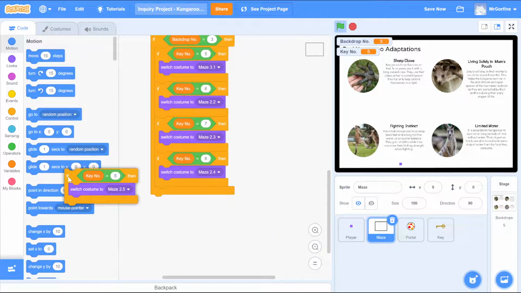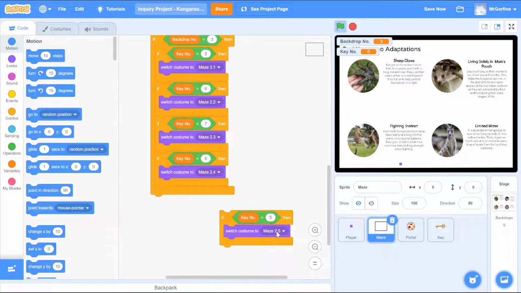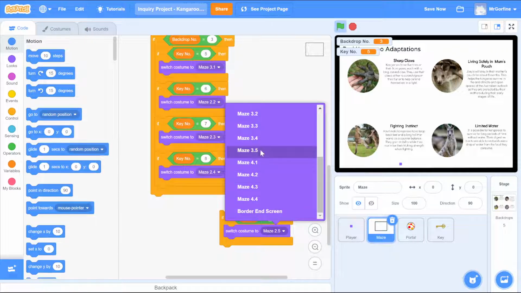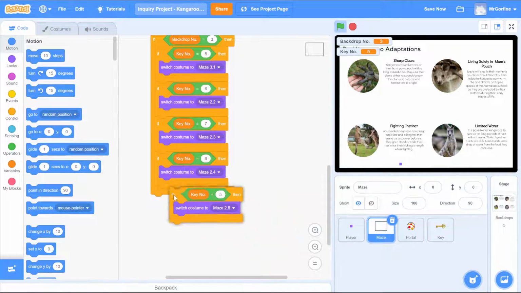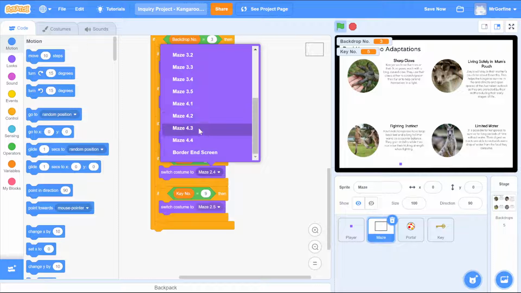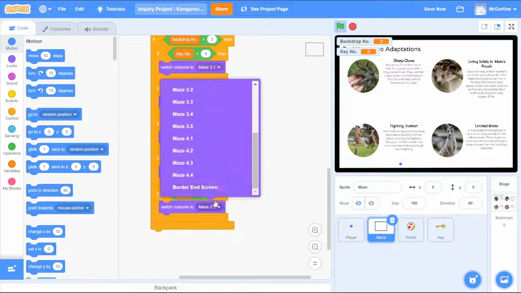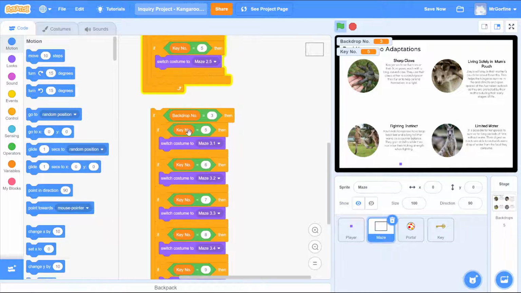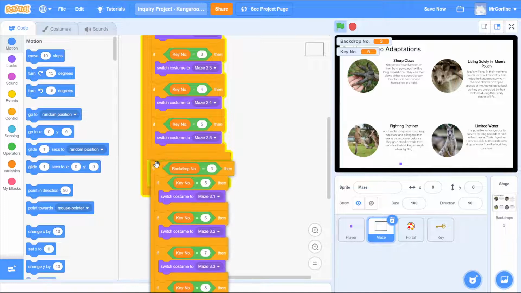I don't think. Do I even have a backdrop 0.5? 3.5. I do have 3.5, so no, I do need it. So you go into it yourself. So I'll need a number 9 then. And I'll change all these to the 3s. And then when I'm done, 3.4, 3.5. When I'm done, I just want to put it right under